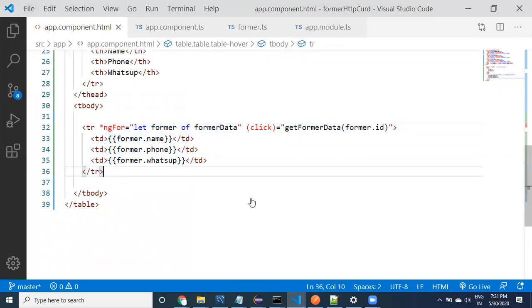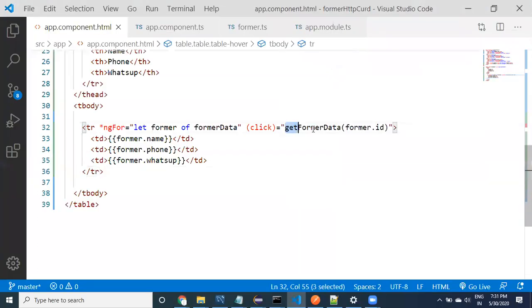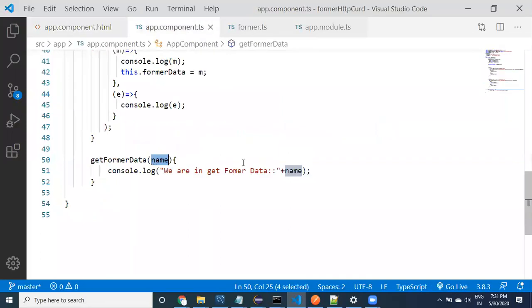Okay, now coming back to here. Get farmer data, farmer.id. Whenever you see this farmer.id, you are providing ID to get farmer. Now ID will be passed to your component class.